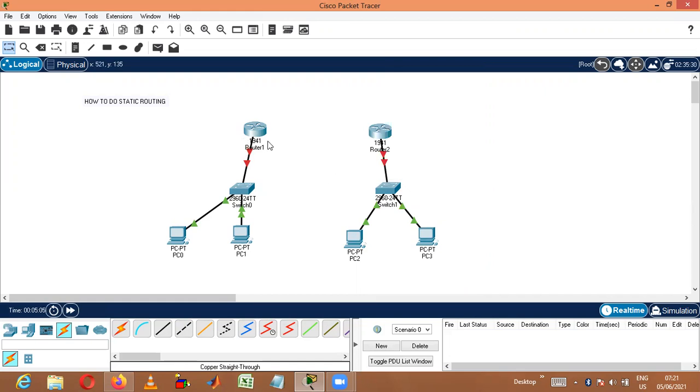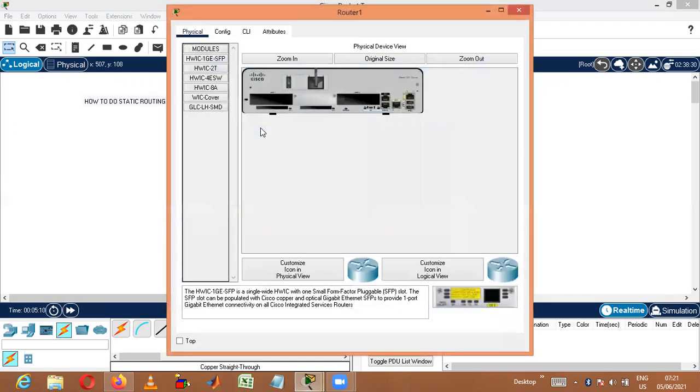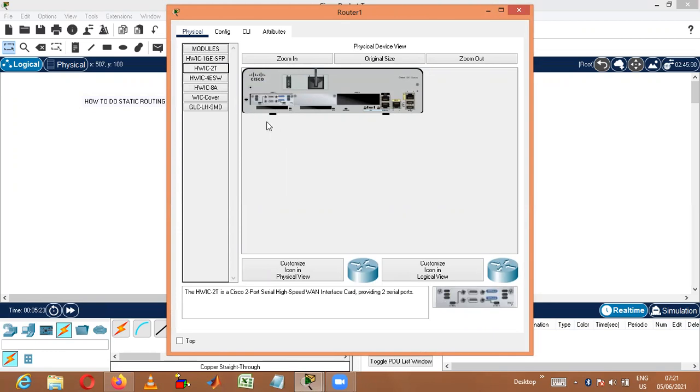Now, to connect the routers, I need to do a small exercise here. I need to go into the router and add a module. So I'll switch off the router, then select the HWIC 2T card and place it. This single HWIC 2T card will give us two serial ports. I'll assume that my network is going to be extended, so I'll take 4 serial ports now. Each module gives me 2 ports, so totally 4 ports I'll get. I'll turn on this router and close it.